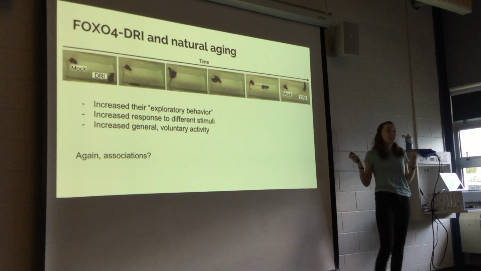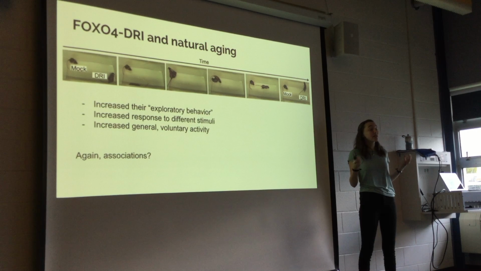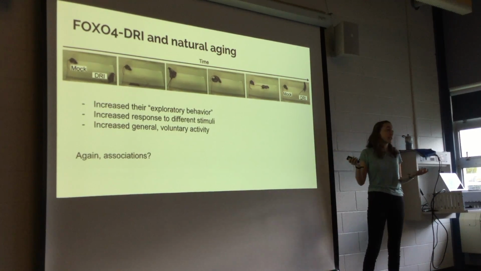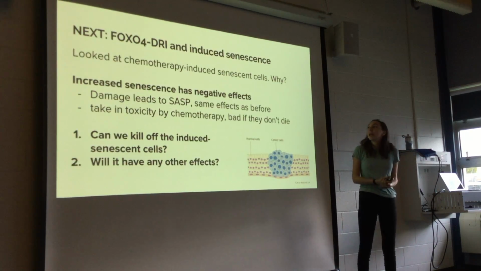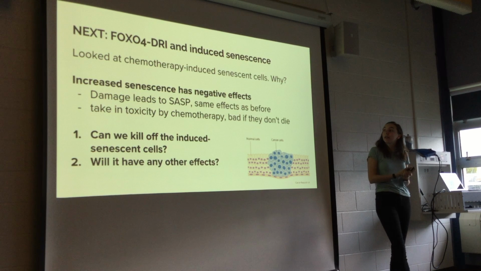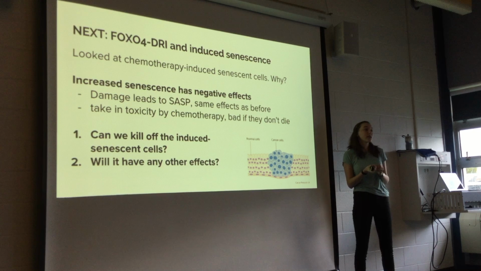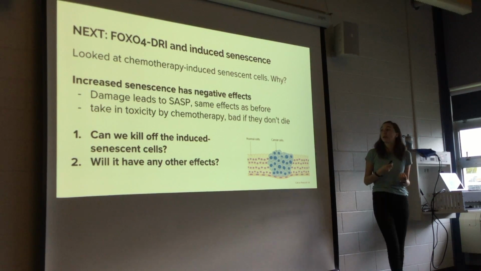And both of these things make sense if we think about it, because as I said at the beginning, increased levels of senescence can lead to effects of aging, and by killing off these senescent cells, they're reducing some of these effects of aging. So the next thing that they looked at is chemotherapy-induced senescent cells, which are just senescent cells that have that unnatural damage like chemotherapy that pulls them out of the cell cycle.